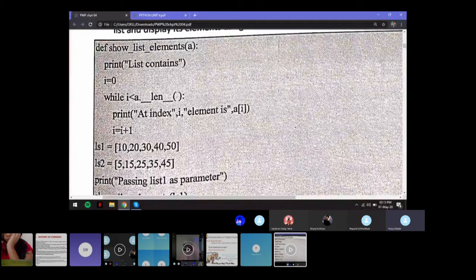So until the length of A is reached, print at index I element is A of I, and then you're incrementing I to I plus 1.